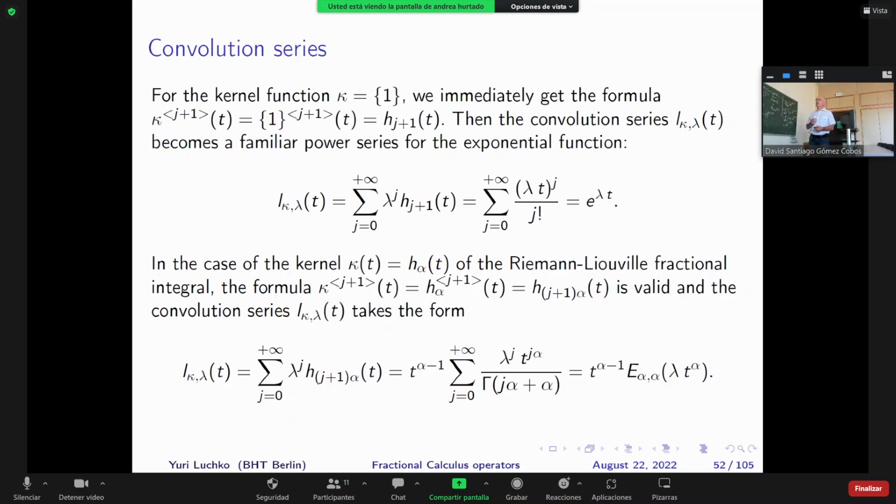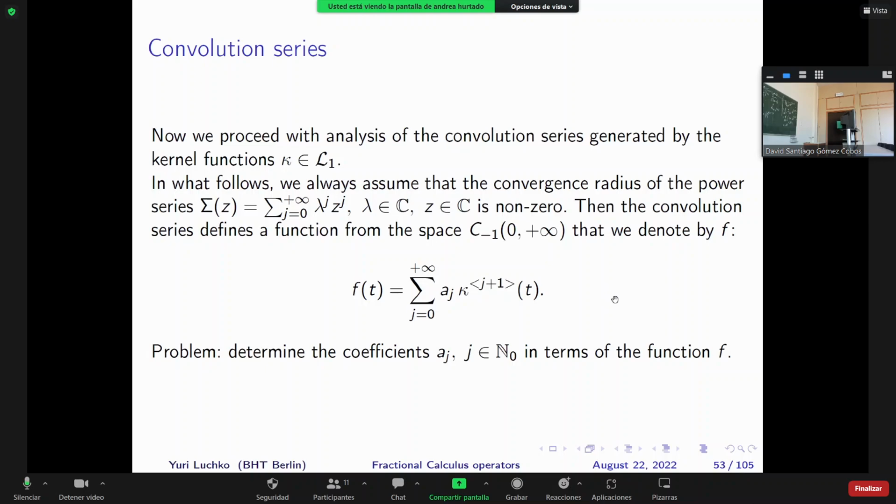And this function is, of course, basic in the theory of fractional differential equations with the Riemann-Liouville fractional derivatives. Of course, it's clear why, because it plays the role of this exponent function in this sense. Taking other kernels, we get other representations and so on and so on. I derived several new representations, several new functions here in terms of, for example, the multivariate Mittag-Leffler function and so on. Now,